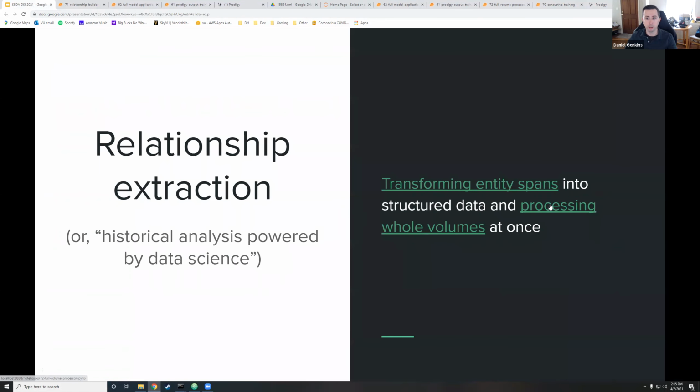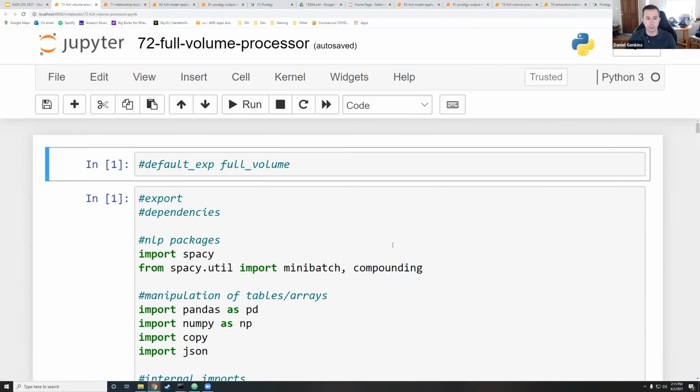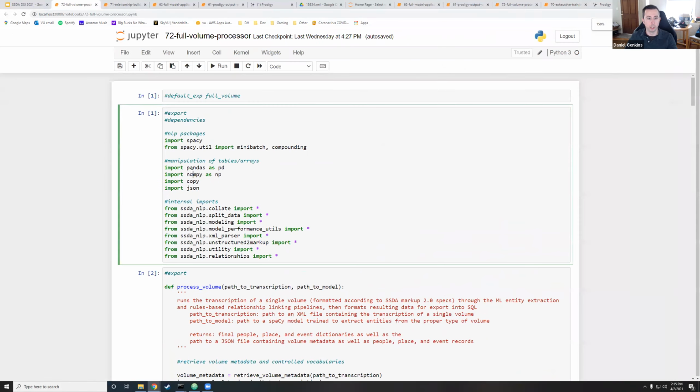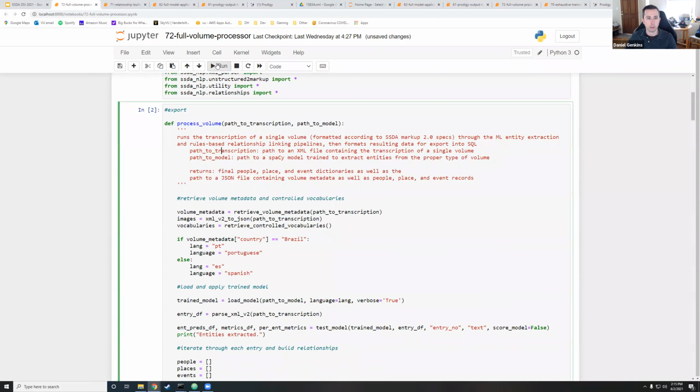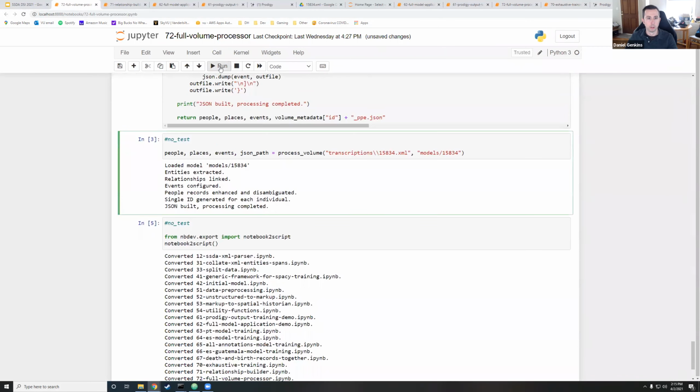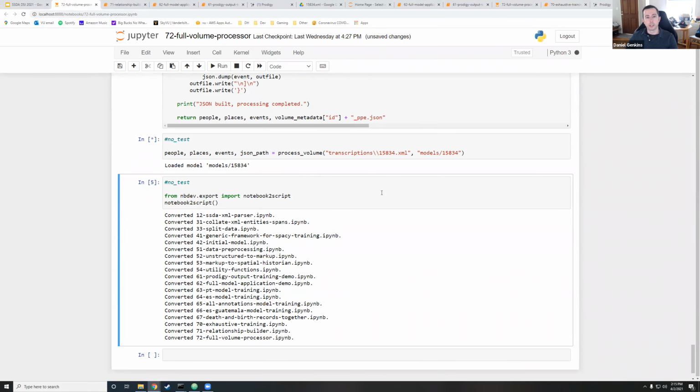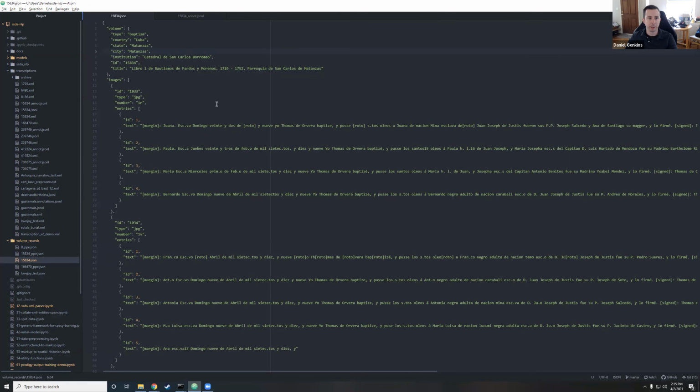But what I am going to show you is all these functions in that one notebook applied to a whole volume, and do that live as well. This will take a second, but this is both applying the model to the transcription again, and then working through all the logic. And at the end of this, I'm going to let it run and show you what we get. At the end of this, we get this JSON document, which